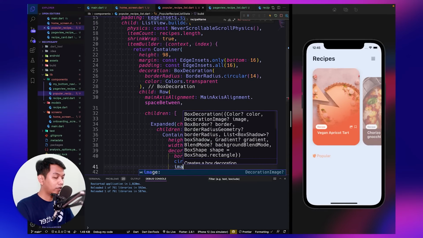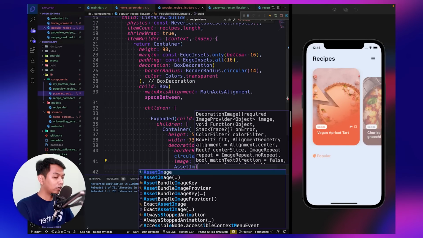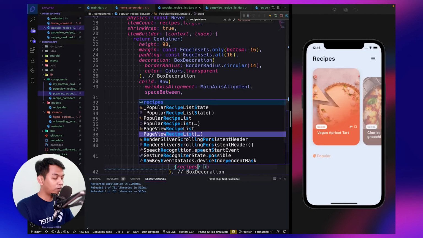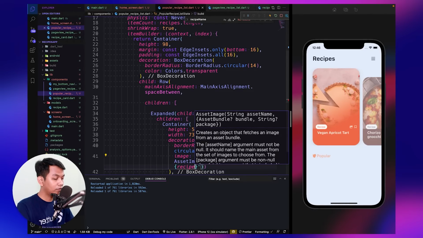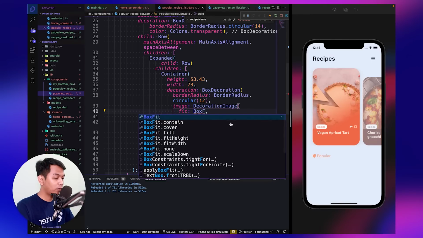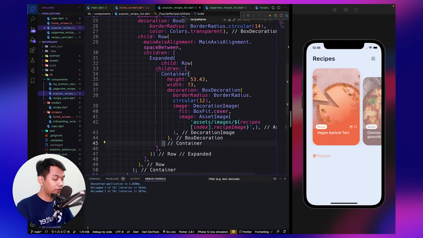And for the image, we use assets image, and we call our assets using assets image and dollar sign, and we call from our model receipt index and receipt image. Okay, looks like this. And don't forget to set the box fit to cover.